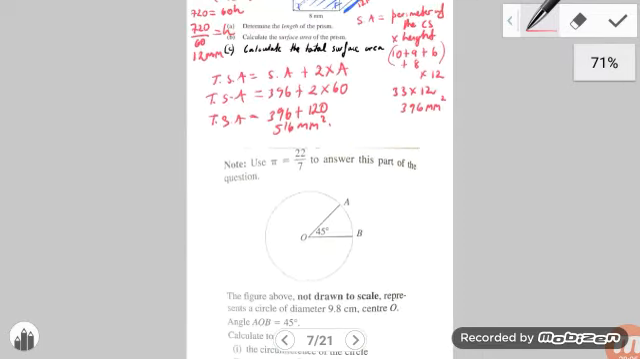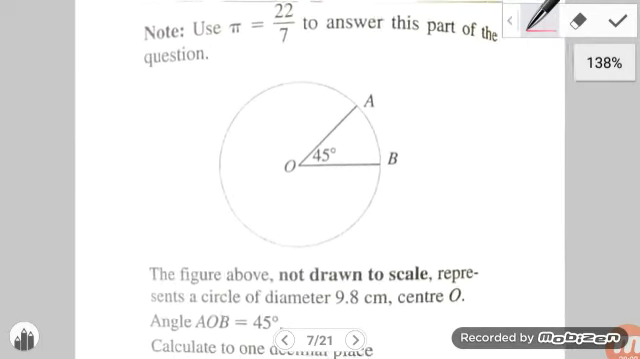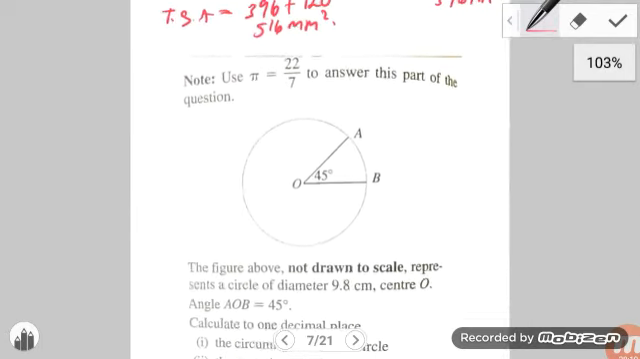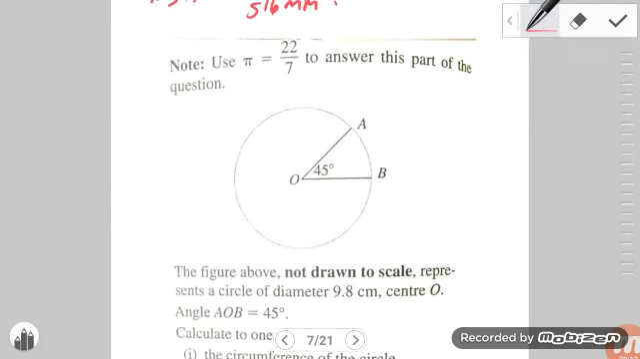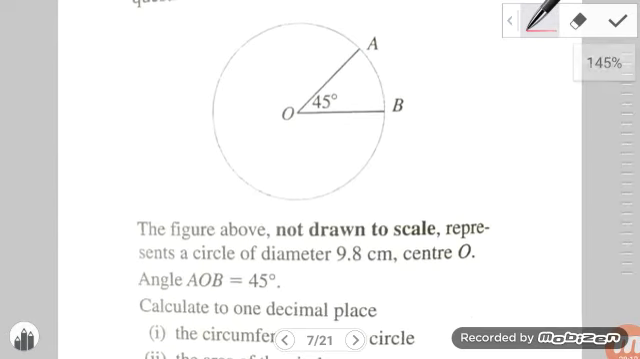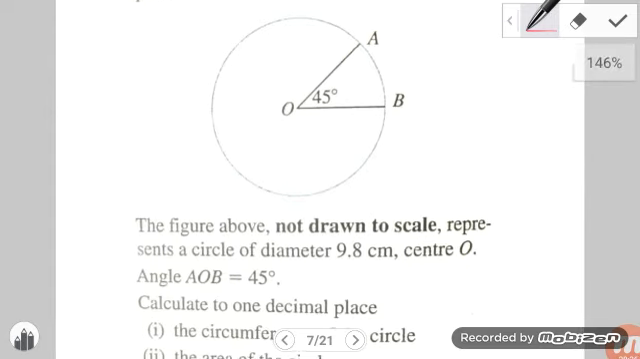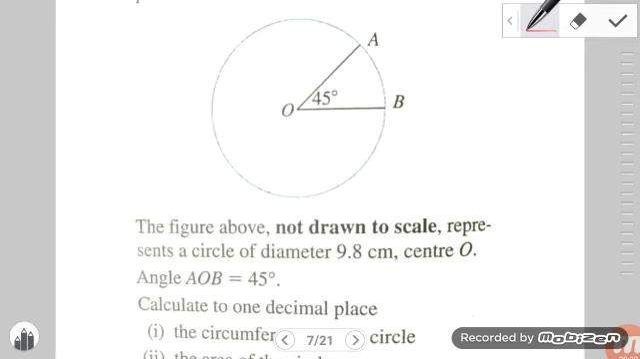And the final question, guys, is this sector question here. We are initially told that we are to use pi as 22/7 to answer this part of the question. We are given a sector here. Sector is AOB, and the sector has a sector angle of 45 degrees. And it says that the figure above is not drawn to scale,